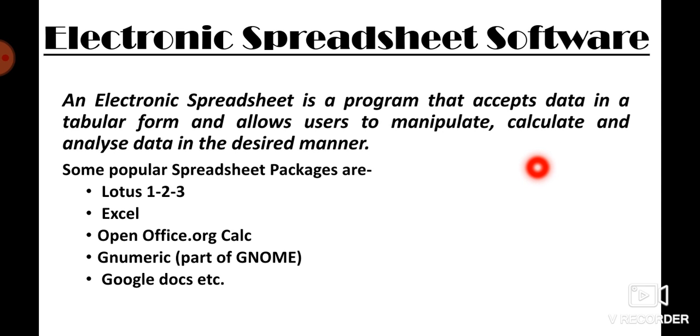Suppose you have entered the list of items and you want to find the total, so different kinds of formulas, different kinds of functions are provided with these softwares, using which you can make calculations and you can analyze data in a desired manner. So here you need to understand the meaning of analyze. Means to do analysis.